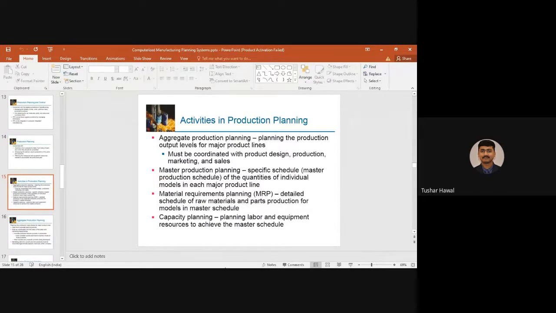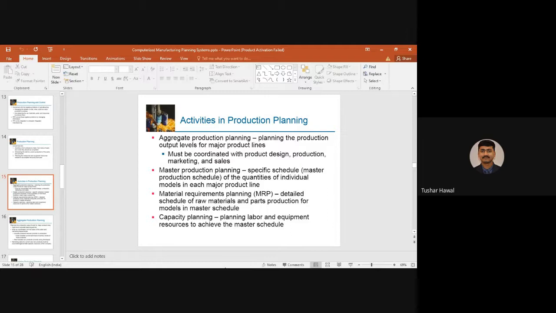Activities in the production planning: aggregate production planning, which sets the production output levels for major product lines. You should have proper plans and activities for the production in order to get the proper output. There must be proper coordination with product design, production, marketing, and sales.